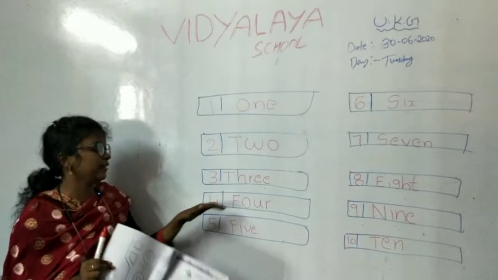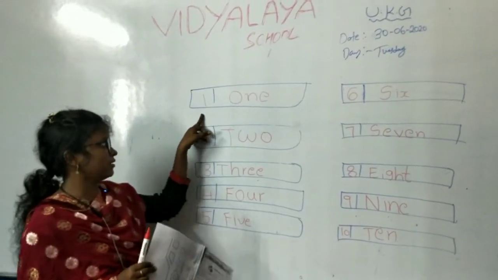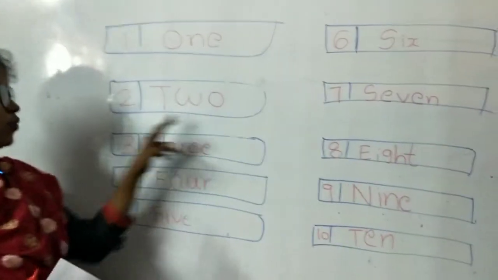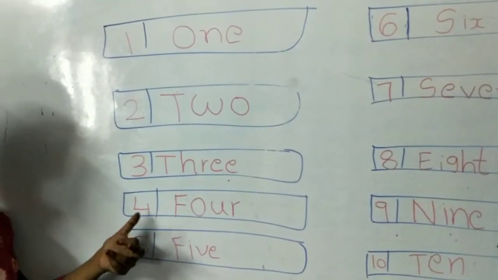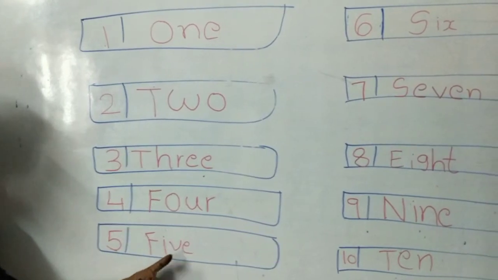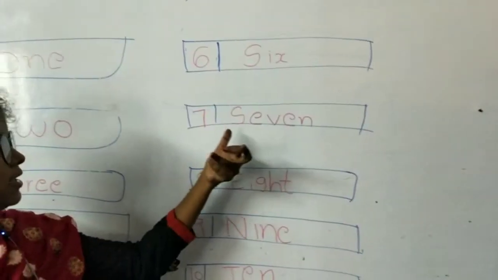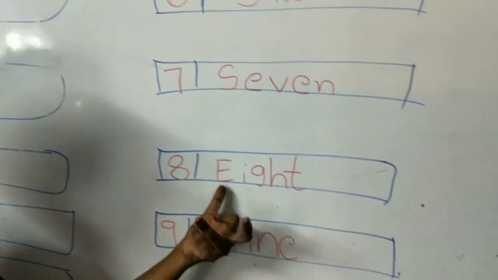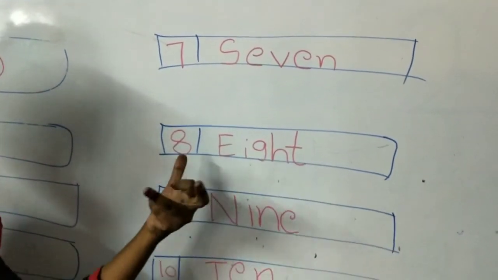Write these spellings in your notebook. Once again I will tell you. 1, O-N-E, 1. 2, T-W-O, 2. 3, T-H-R-E-E, 3. 4, F-O-U-R, 4. 5, F-I-V-E, 5. 6, S-I-X, 6. S-E-V-E-N, 7. 8, E-I-G-H-T, 8. 9,